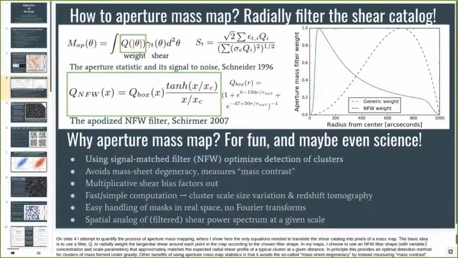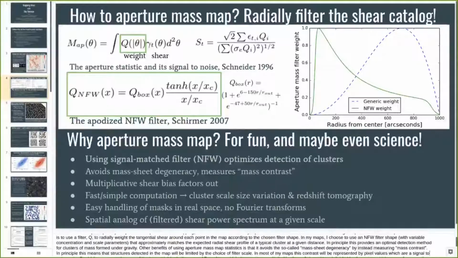In my maps, I choose to use an NFW filter shape with variable concentration and scale parameters that approximately matches the expected radial shear profile of a typical cluster at a given distance. In principle, this provides an optimal detection method for clusters of mass formed under gravity. Other benefits of using aperture mass map statistics is that it avoids the so-called mass sheet degeneracy by instead measuring mass contrast. In principle, this means that structures detected in the map will be limited by the choice of filter